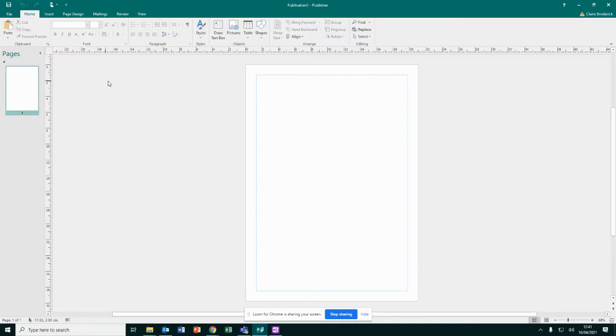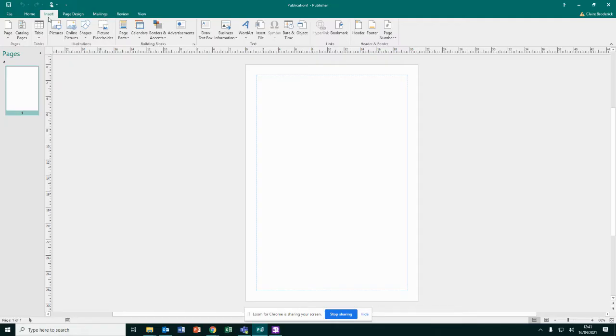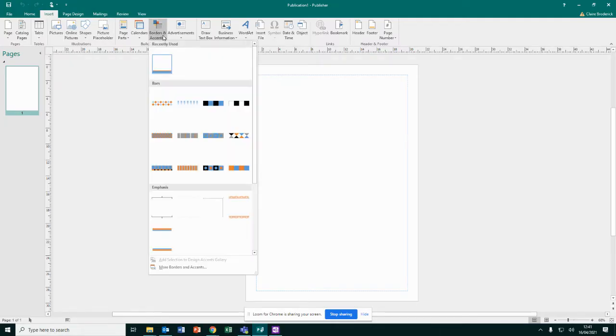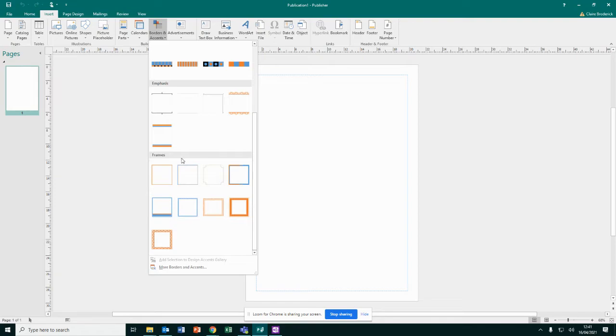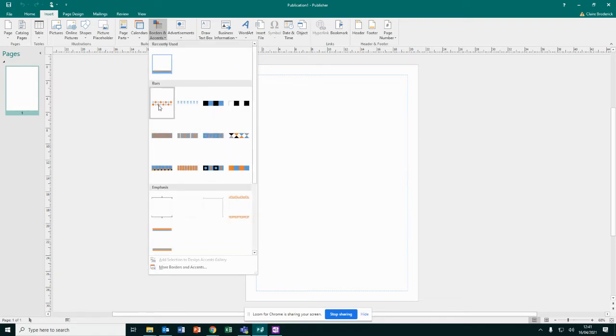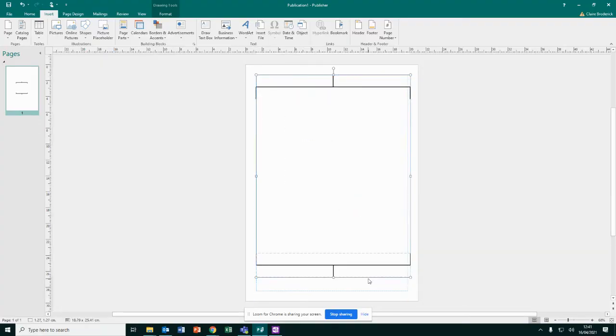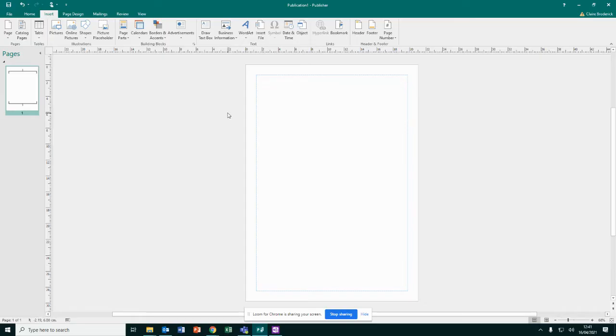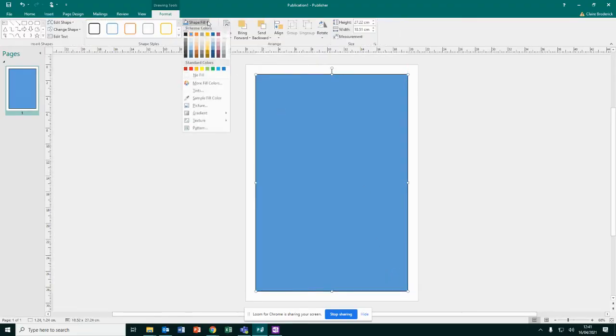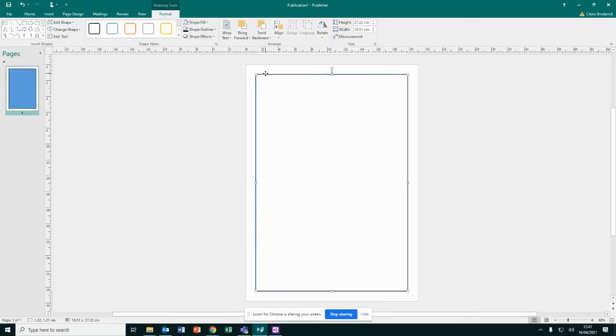The first thing I'm going to do is I'm going to show you how to put borders. So a lot of what you'll be using is this Insert, and you can see here we've got borders and accents, and there are lots of different types of borders that you can use here. So for example, if I choose this one, you can see it appears and you can pull it, and you don't have to do it over the full page. You can also do a border. I'm going to grab this line and I'm going to draw it around that guide, and I'm going to say no fill. With this line though,